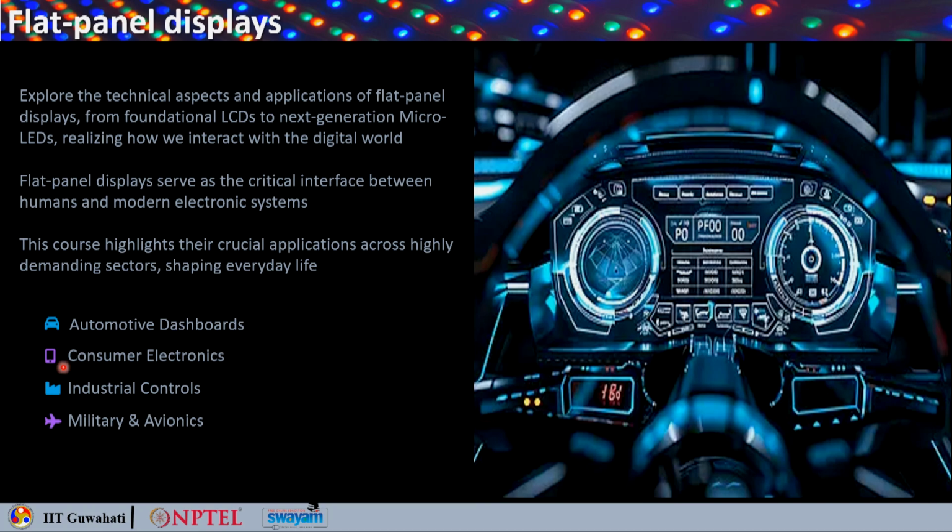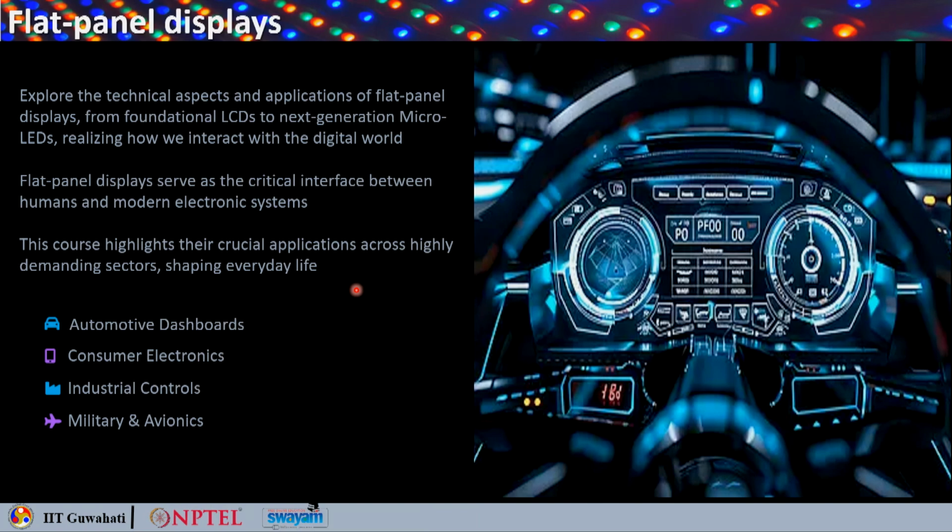In this course, we will explore the technical aspects and the applications of flat panel displays from the foundational LCDs to the next generation micro LEDs. Okay. So we will see how they interact with the world,